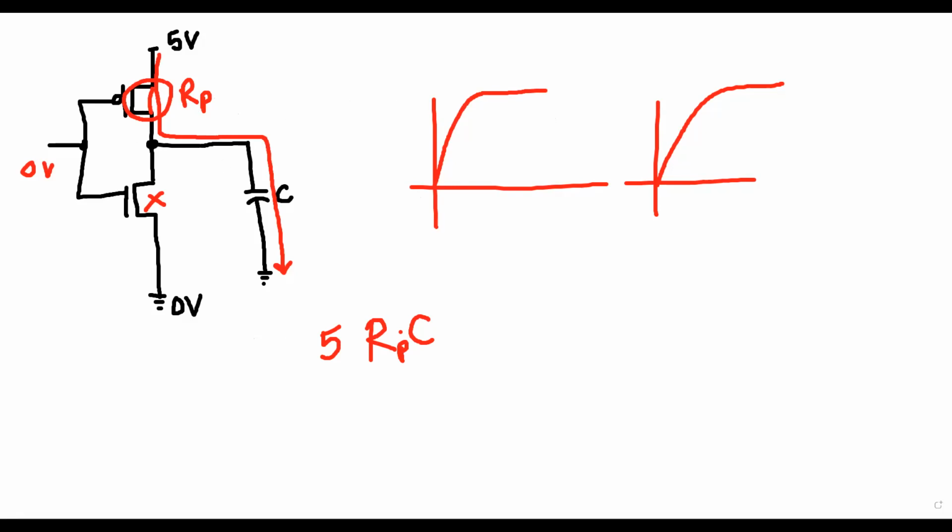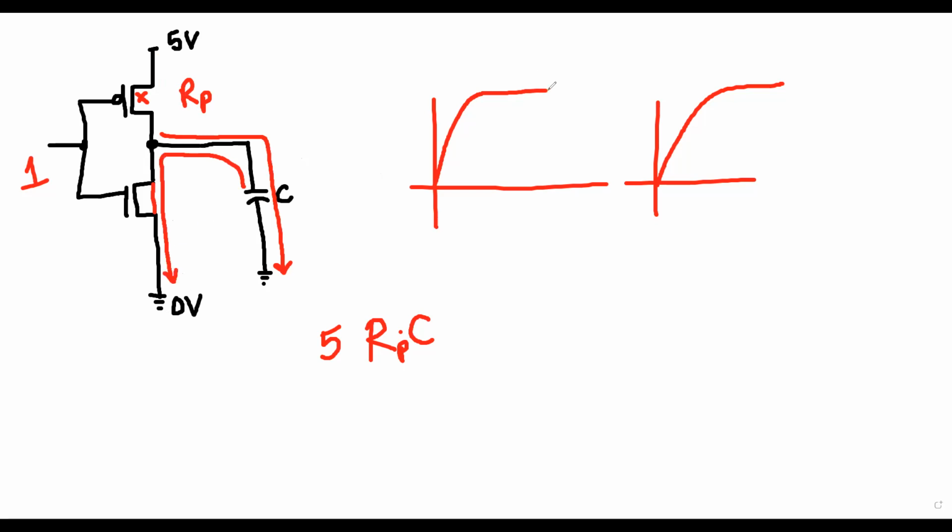Now, if you give 1 volt here, that is, if you give 1, what will happen? This will be open, this will be closed, right? Now no current can come this way. Now what will happen? Since the capacitor is not charging anymore because no current is coming, what will it do? It will now discharge. Understood? The capacitor will be discharged.